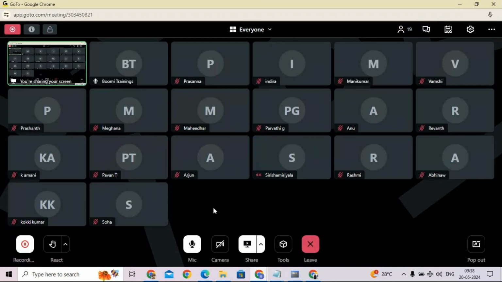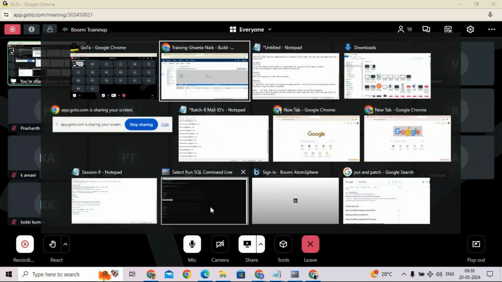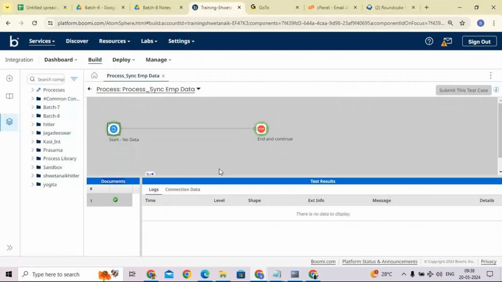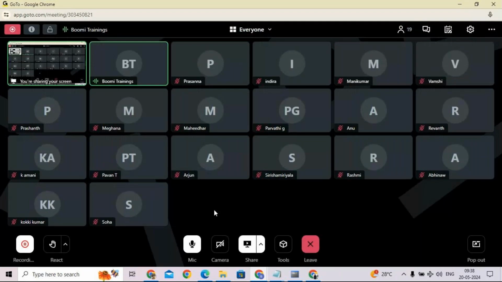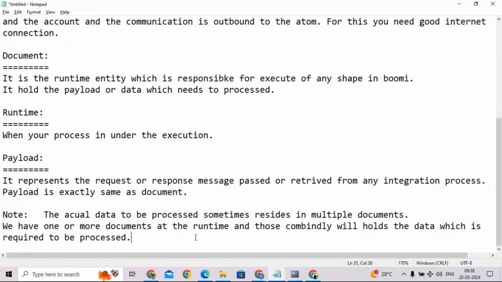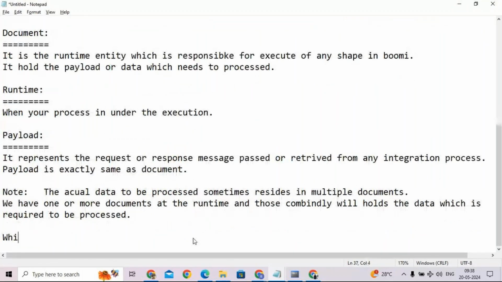Okay, so now we are here executing our process, right? Now you can see some details: logs, connection data, document. Okay, now document a test result. So what does it mean? So in Boomi, while executing the process,